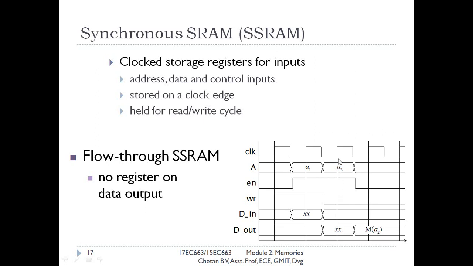In this we can also observe there is an attempt to perform a read operation. There is an address A2 which has appeared on the address input at the start of this clock cycle, and write is made 0. So there is an attempt to perform a read operation. This data is read on the next clock cycle, that is at the start of the fourth rising edge. The data M of A2, means the data which is stored in location A2, is read, and the data will appear on the output Dout.